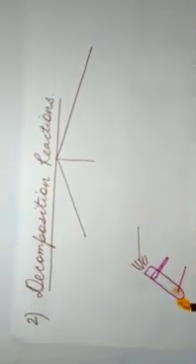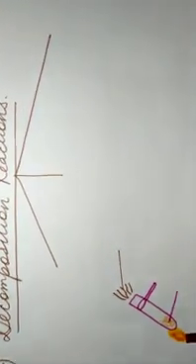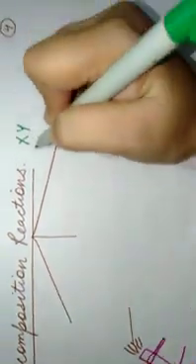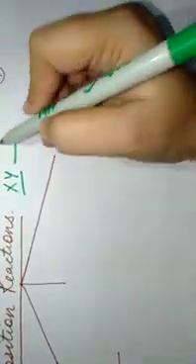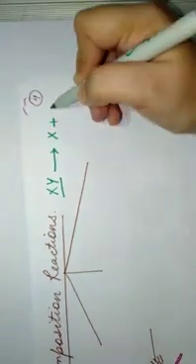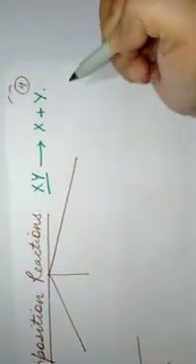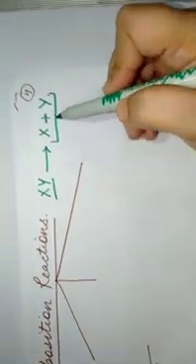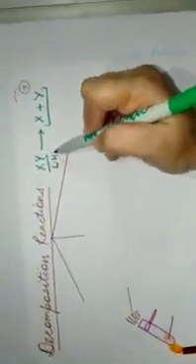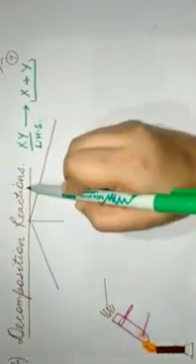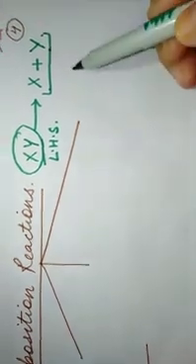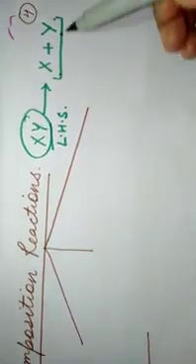Let us see the decomposition reactions now. Decomposition reactions are those reactions in which a single reactant breaks into, for example, my reactant is XY, so it breaks into X and Y. These are the products. So always, if you have one reactant on the left hand side, it means it is a decomposition reaction. A complex compound is breaking into simpler products. Now this decomposition reaction